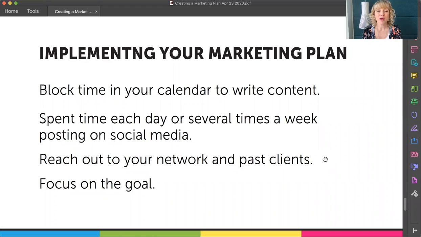So it's looking at things like blocking time in your calendar to write content. I actually shared something today on social media because I had a call with my business coach yesterday, and I had this thing bubbling under the surface and I hadn't been able to stop thinking about it. And yet at the same time, I've been blocking time in my calendar, but I wasn't actually doing anything in that time. I was finding other things to do, and I haven't actually written anything in what feels like weeks. And she said, you've got to write that story down, because whether or not it's something you're going to share, it's blocking you from creating the content that you need to create for your business and your clients.